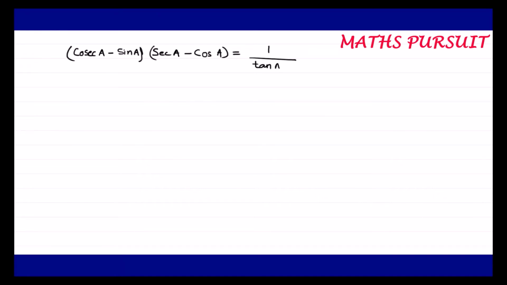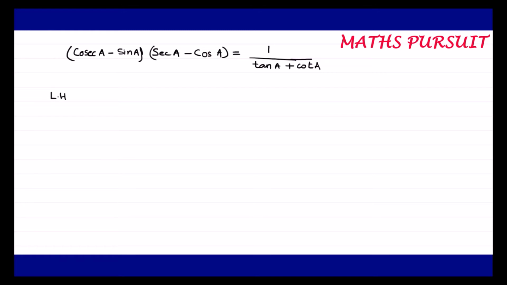So this is the given expression, and the question is asking us to prove left hand side and right hand side simultaneously. So let us first move from left hand side to a certain extent and keep it as it is. Then we will move from right hand side to a certain extent and keep it as it is. Then we will prove that the resulting equation from left hand side is equal to the resulting equation from right hand side. So let us see. Once we start it, the picture will be more clear.